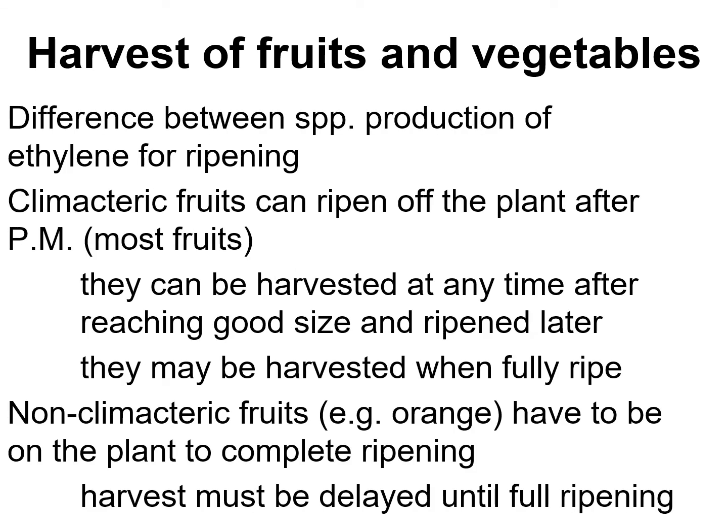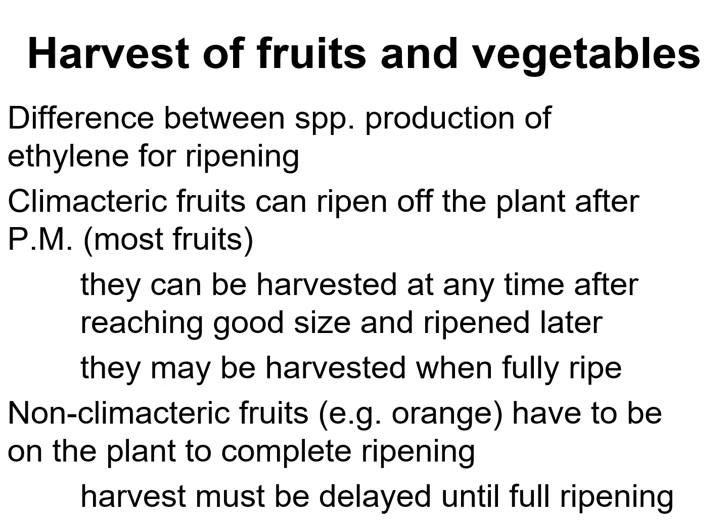In the case of fruits, we have to consider, in terms of deciding harvest date, the differences between species in the production of ethylene for ripening. Climacteric fruits, which are most important fruits, can ripen off the plant after physiological maturity. So they can be harvested at any time after reaching a size good enough for marketing, and then they can be ripened later. But they can also be harvested when fully ripe, and then the flavor